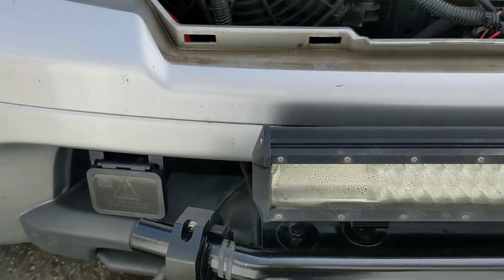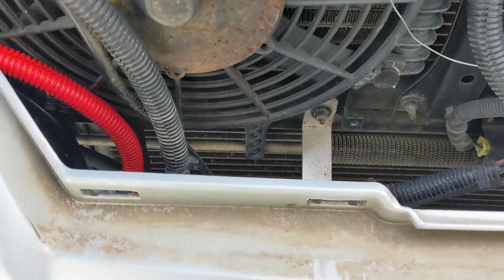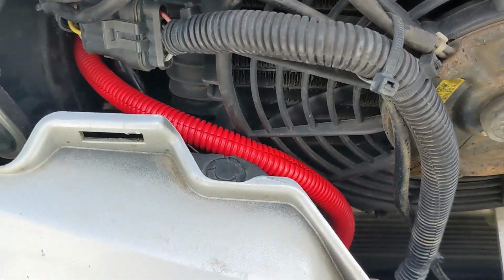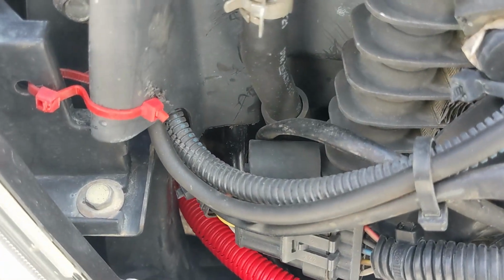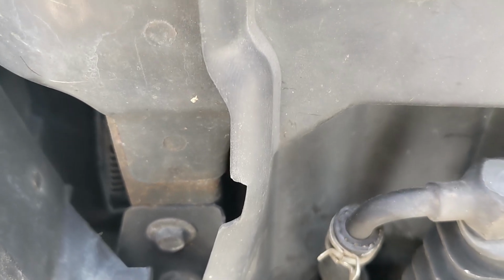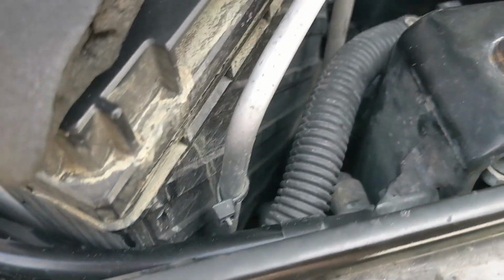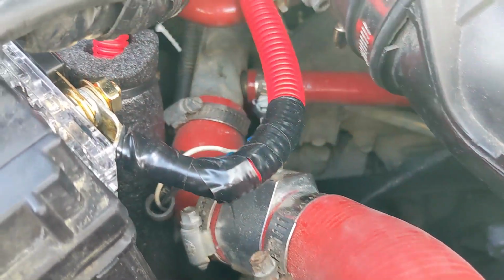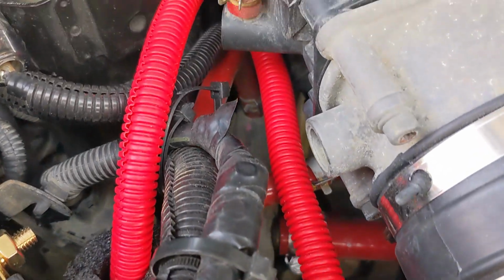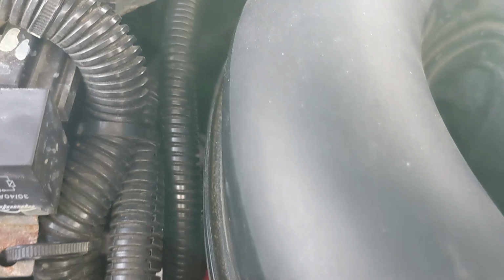So let me go ahead and zoom in here a little bit. The grill is still out of place, but there's been some progress. You can see the wiring is no longer just hanging out the front, draped all over the headlight, etc. Come on up through here, see where that runs back through here. Follow the cabling, goes back over here, all the way along here, kind of dives underneath the intake manifold,